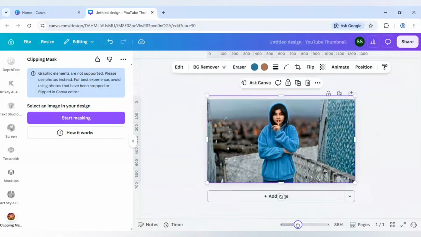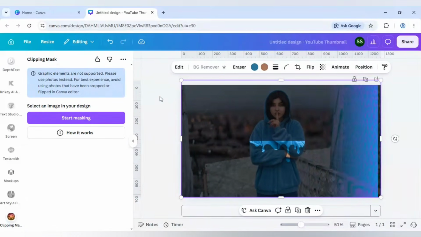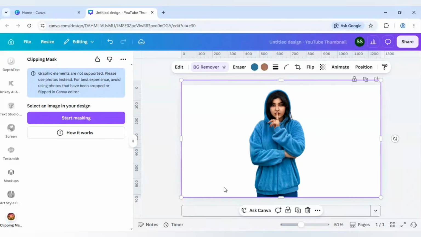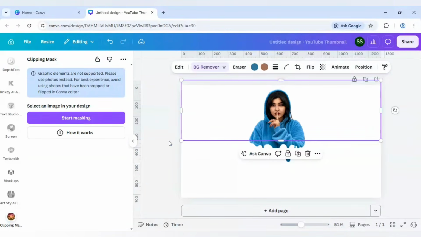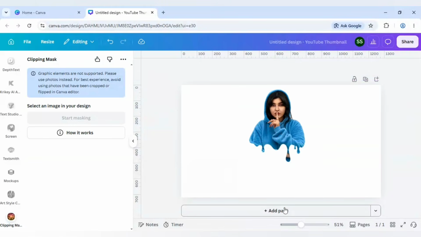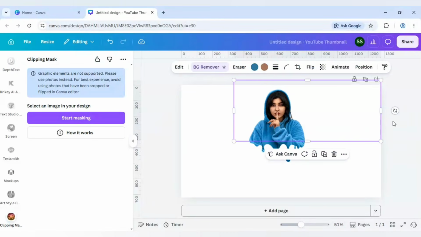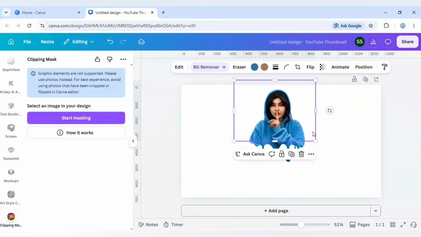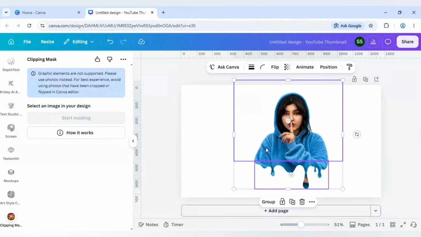Now I will just select the main image and click on BG remover to remove the background. Okay, and now crop it till here. Crop it slightly more. So the effect is here. Now crop it from this part also because this is not required. Now click on Ctrl+A and make this effect bigger